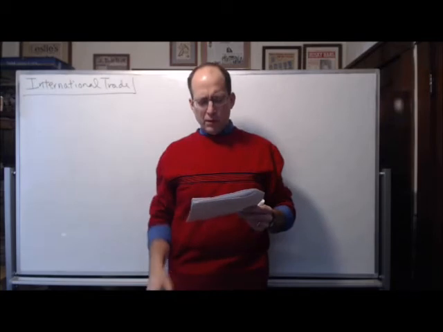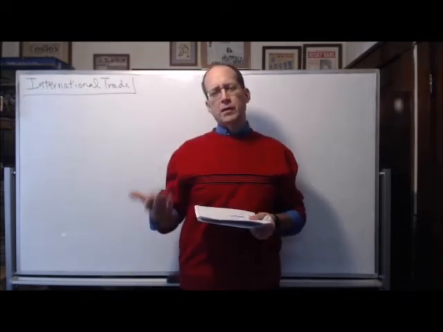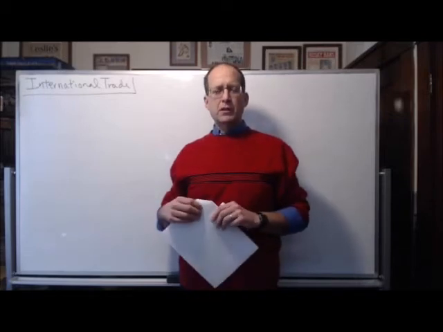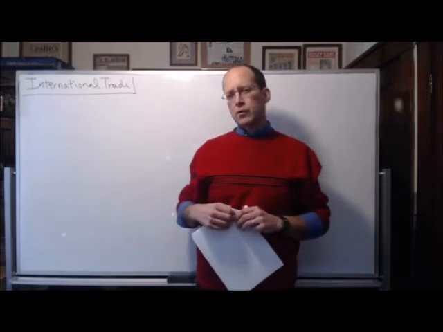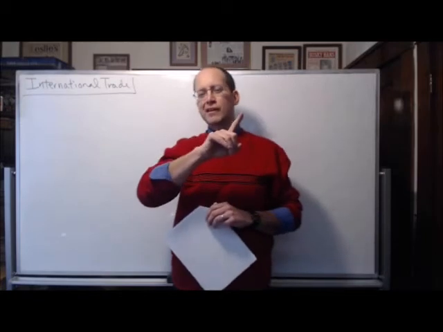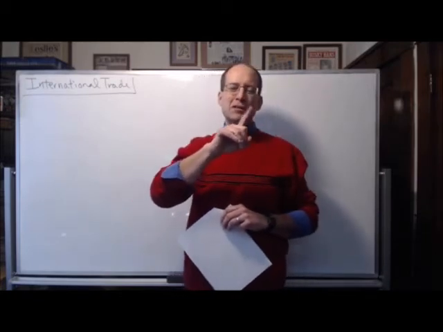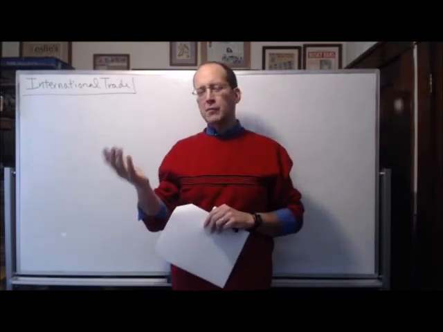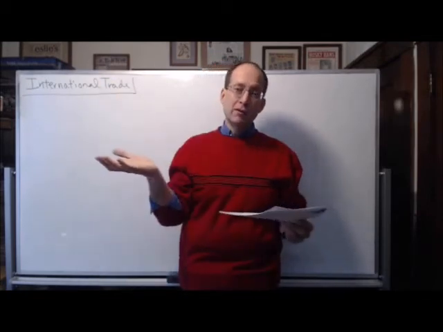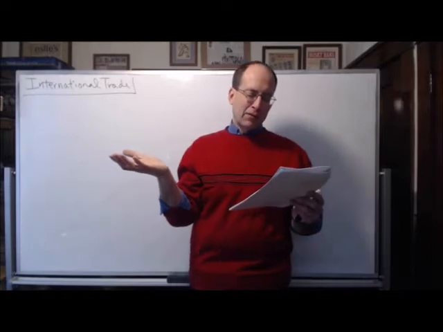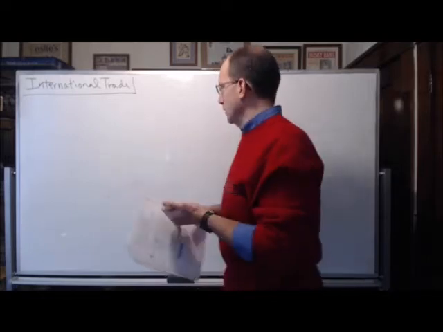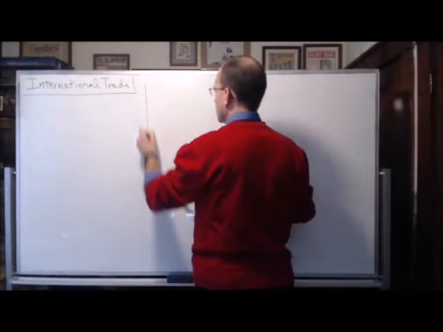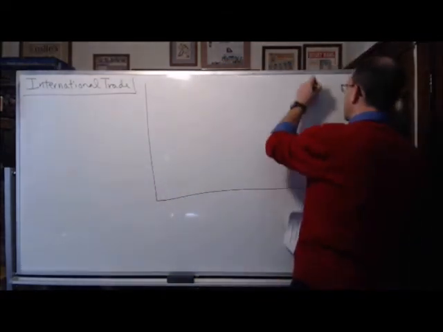So that's an example historically, but let's look at an example when it comes to some simple numbers here. Just like we did in week 1, I'm going to assume that there's a world that only has 2 countries. Country A and B. Creative, huh? And they only produce 2 things, beer or cheese. And in fact, I'm not going to call them A and B. I'm going to call them North and South. Still really creative, don't you think? And so they only make 2 things, beer and cheese. And here's the production possibilities matrix. You've already got this on your sheet. I'm just going to quickly put it up here.